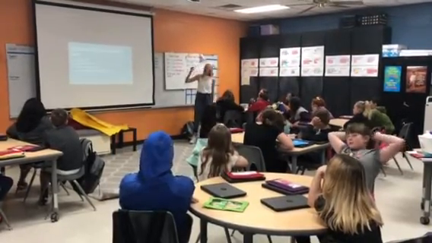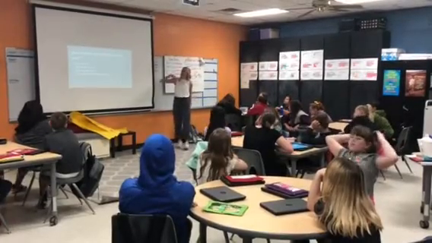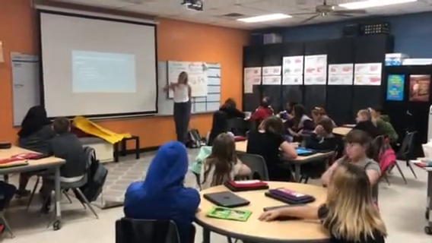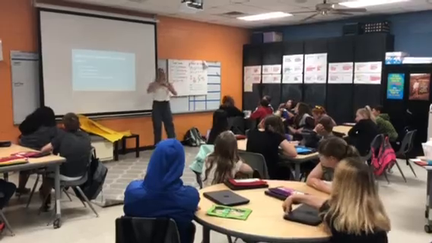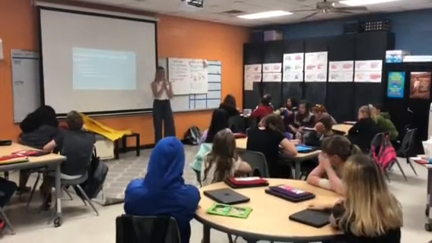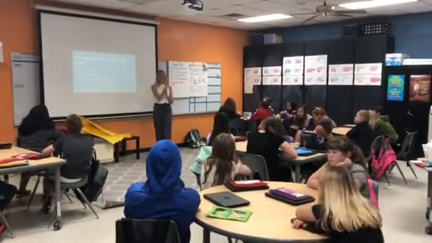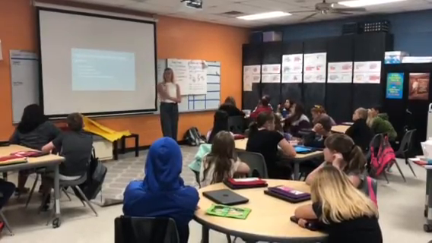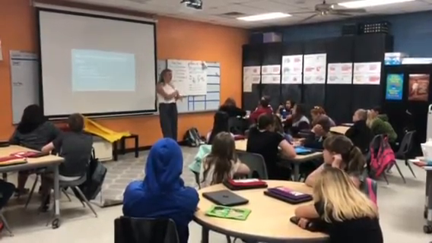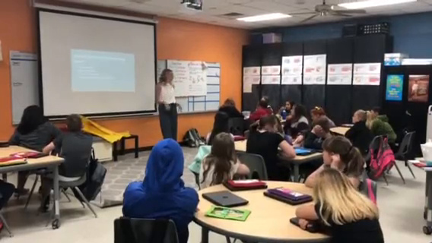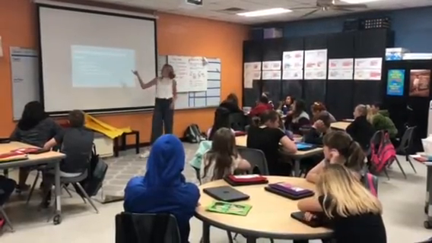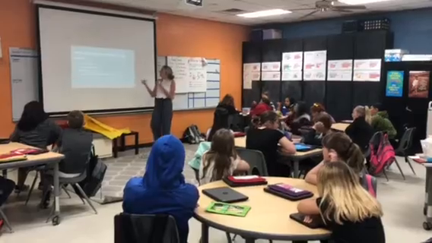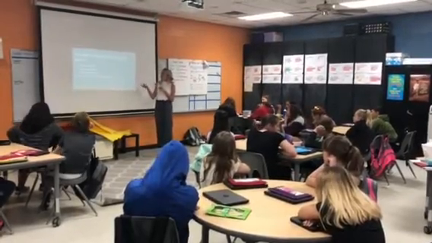Okay, and so a way to do this is when you're reading a text, what we want you to do is go through and highlight parts of the text that you don't already know, like a definition, a concept. Like if you don't know it, just highlight it, come back to it. And this is something that you can ask yourself: what did the author think that I already knew?